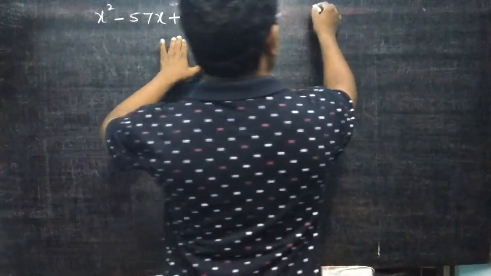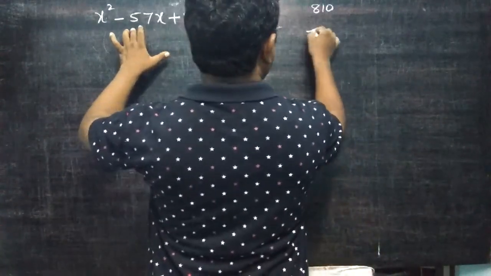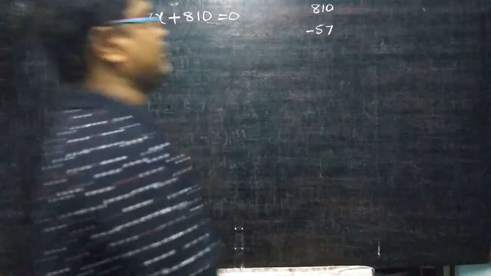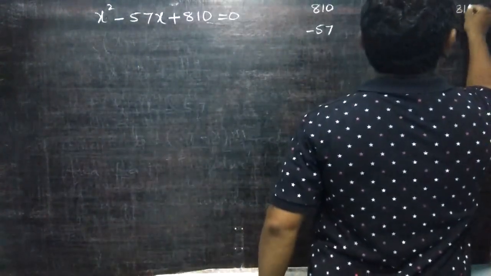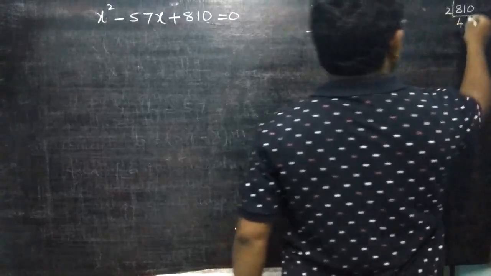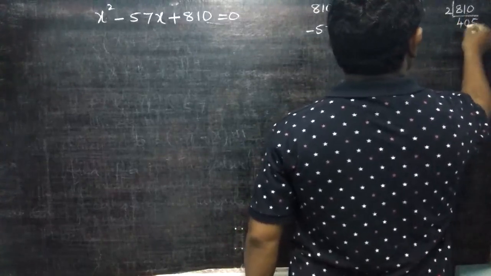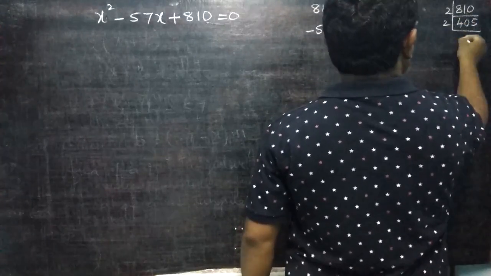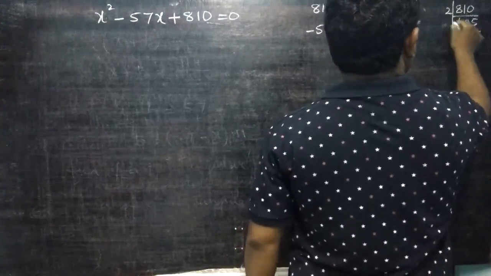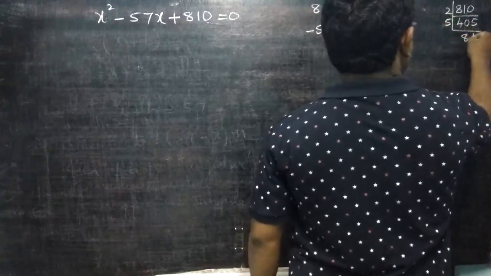Now we got a quadratic equation shape. When we multiply, 810 should come. When we simplify, minus 57 should come. In such a way we have to take factors. 810, 2 table, 2 4s are 8. In 1 it will not go, 0 times. Then 10, 2 5s are 10. Again 2 table will not go this time because last 5 is there. 5 8s are 40, 5 1s are 5.